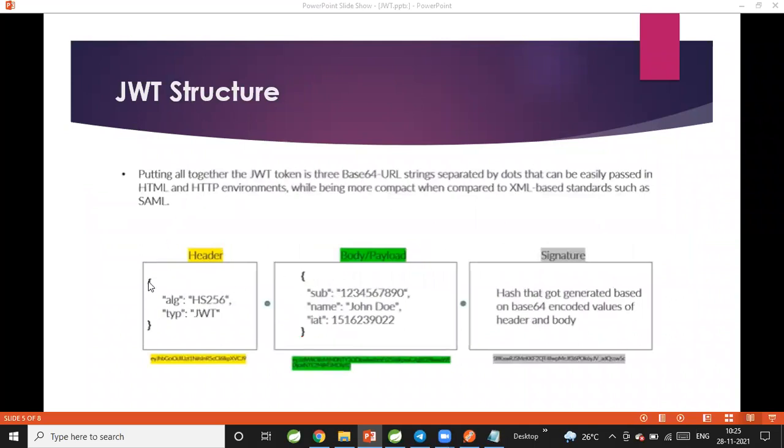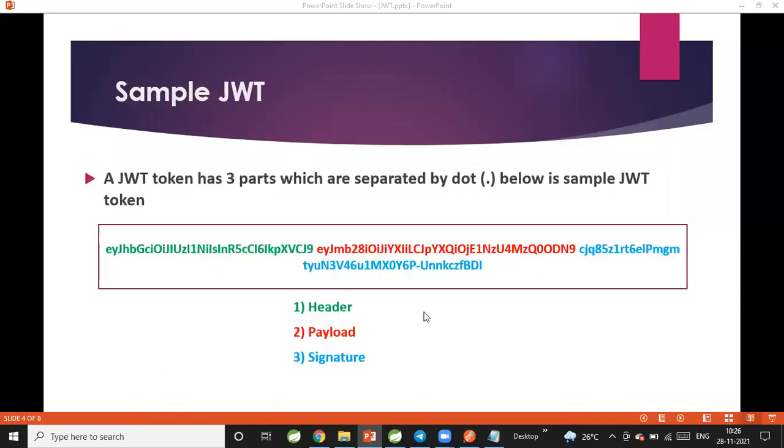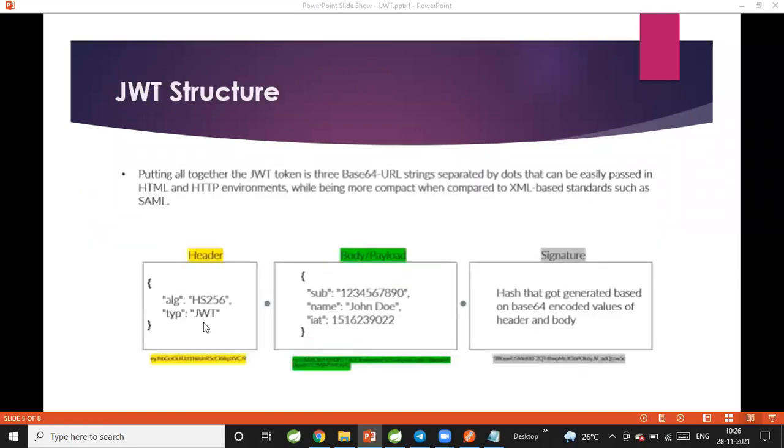If you see, JWT contains a header part, a body part, and a signature part. The header will contain which algorithm we are using, what type of technique we are using, what is the subject, what is the name, what is the ID, and the signature. If you decode the JWT token, you will be able to see the details like this. Here we have already seen that the header part, payload part, and signature part will be available. If we extract that JWT token, we will be able to see the information like this.